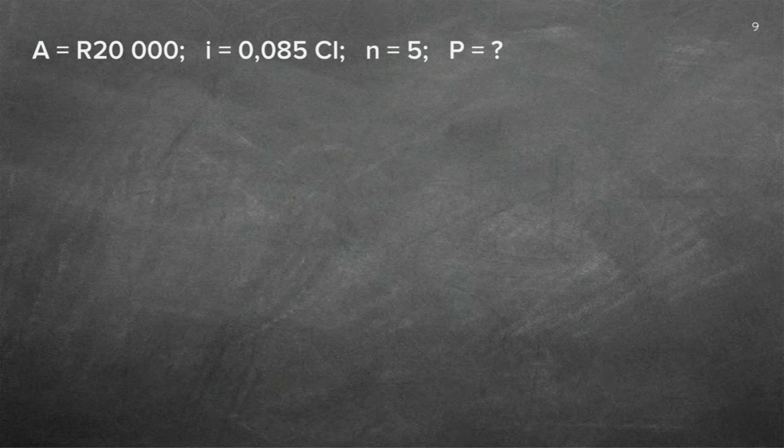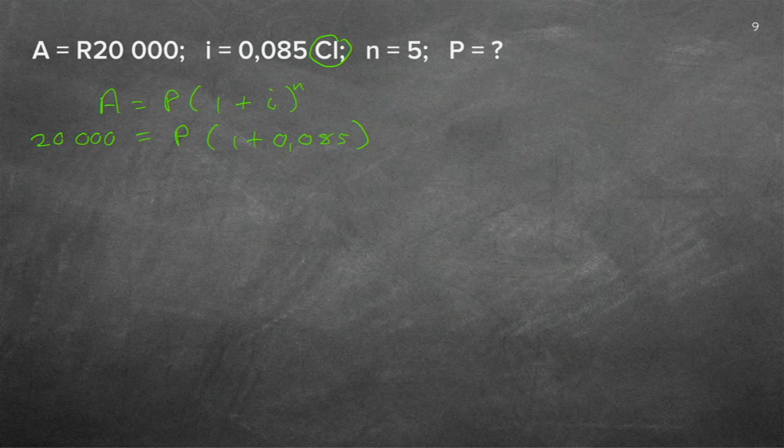So if we go to our empty page, I'm going to write down my compound formula immediately. Before I forget, it's compound. And remember, a little bit more complicated, exponent, compound interest. So now I have the 20,000. I do not have the P. My interest is 0.085. Compound. That's why I have to the power of 5 there.